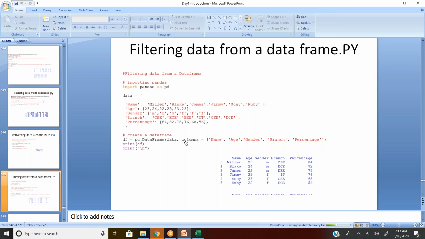So data, comma, column names I'm giving as column names: name, age, gender, branch, percentage. All these are column names and I have the corresponding values. So pd.DataFrame(data, columns=column names) and I'm storing it in df. So I have my database. This is my data.